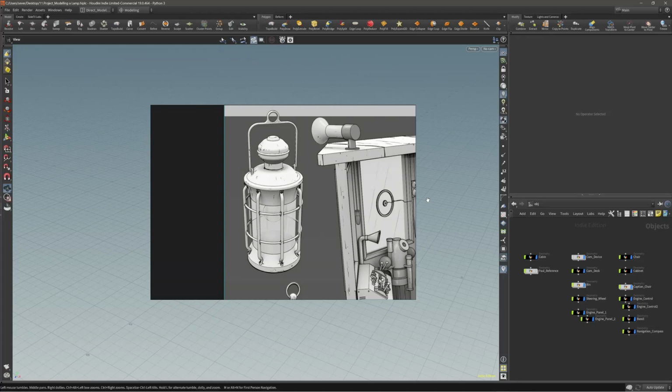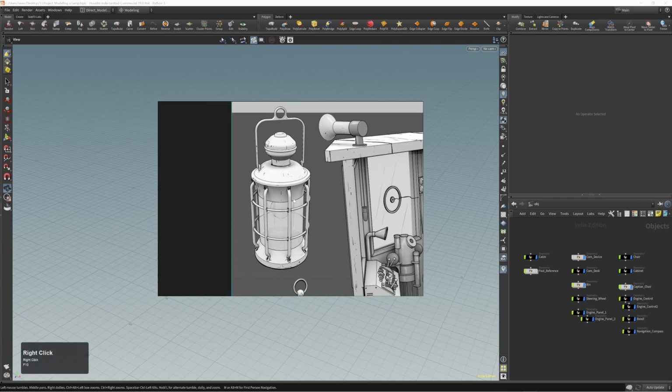Hey guys, Igor here, and in today's video we are going to model this nice looking lamp. Very cool design, I really like it. Some parts are going to be a bit more tricky than others, but all in all, a few new tricks to show,